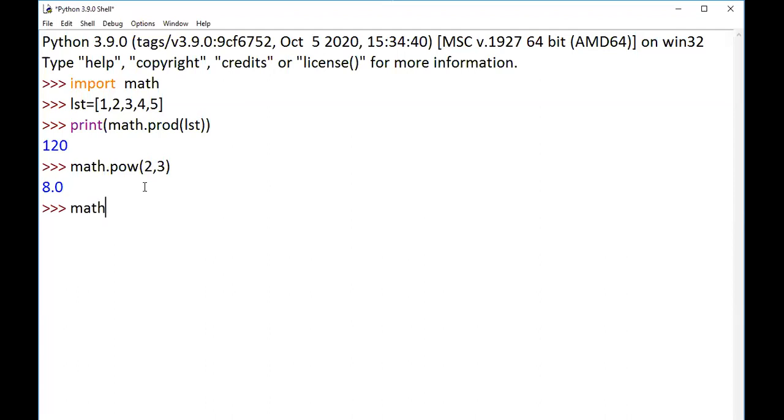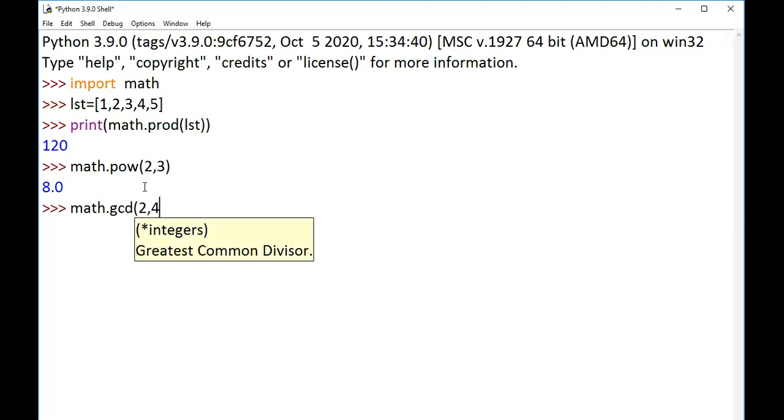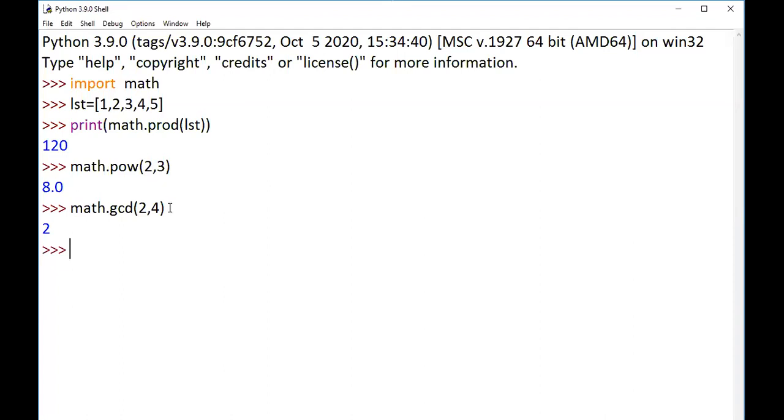If you want to find the GCD of the given numbers, I can mention math dot gcd, greatest common divisor. Instead of writing logic, you can find it easily like this. Clear? Math dot gcd of 4 comma 5. It gives you the GCD result.